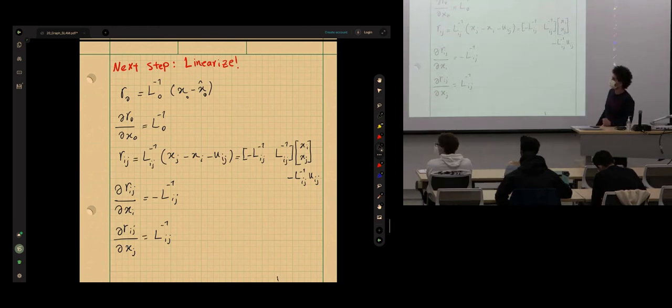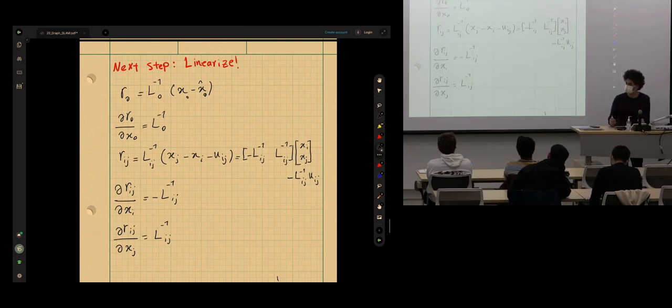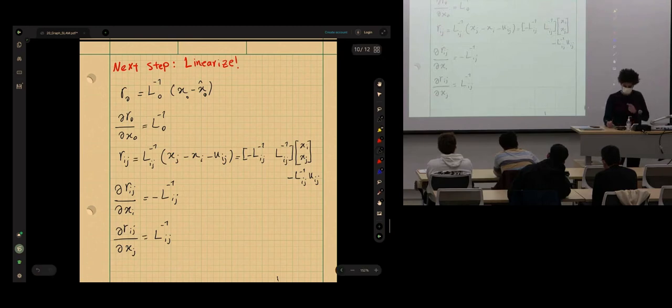Is it necessary to put the uij into the xi and xj vector? Well, uij is a measurement. It's sort of a given value. It will be the right-hand side of the equation. It's not my variable. That's why, yes, you could make this vector longer. The reason I'm doing it is because it will come in handy later. Otherwise, you have to think too hard about how to assemble the Jacobian. You'll see now. There's no particular reason other than helping us know how to place the terms inside the Jacobian matrix.